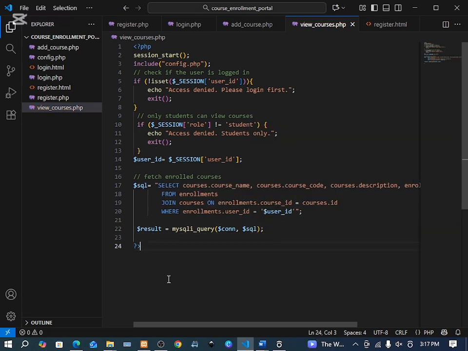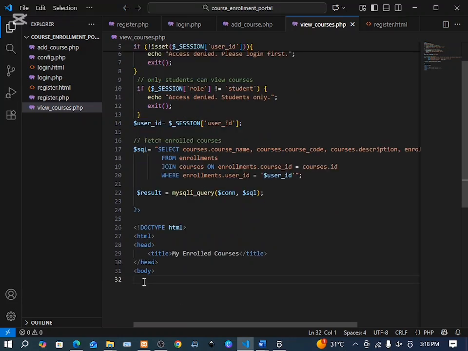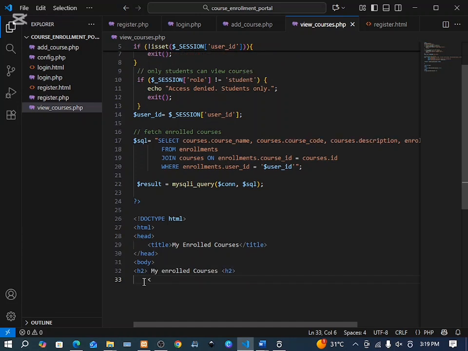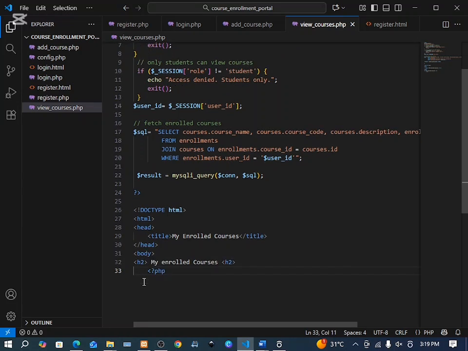Then we come to the HTML form that will enable the student to view courses. So as usual, we start with doctype HTML, title, my enrolled courses. Then we enter the body. Inside body, we need to have a heading, my enrolled courses. Then we will use PHP here. If mysqli num rows result is greater than 0, then we close this